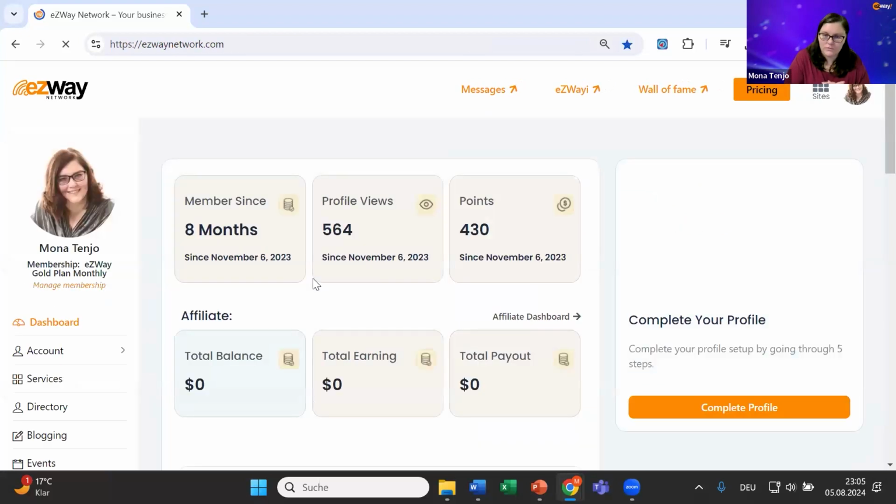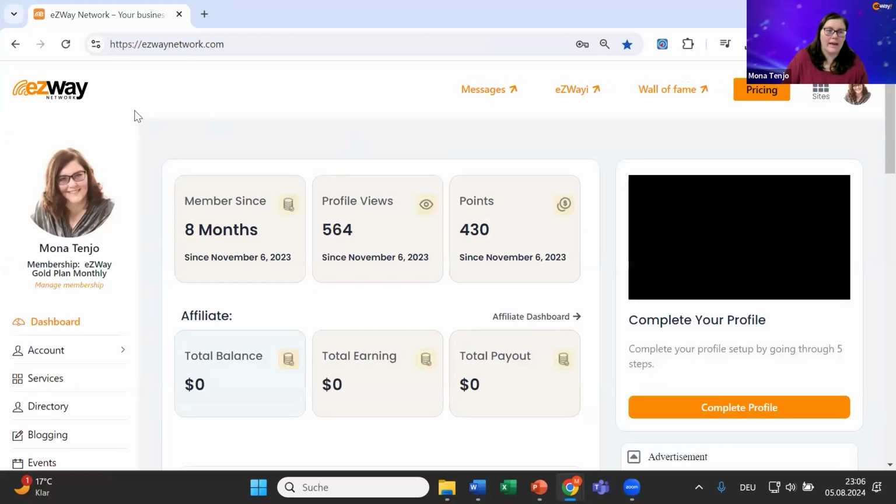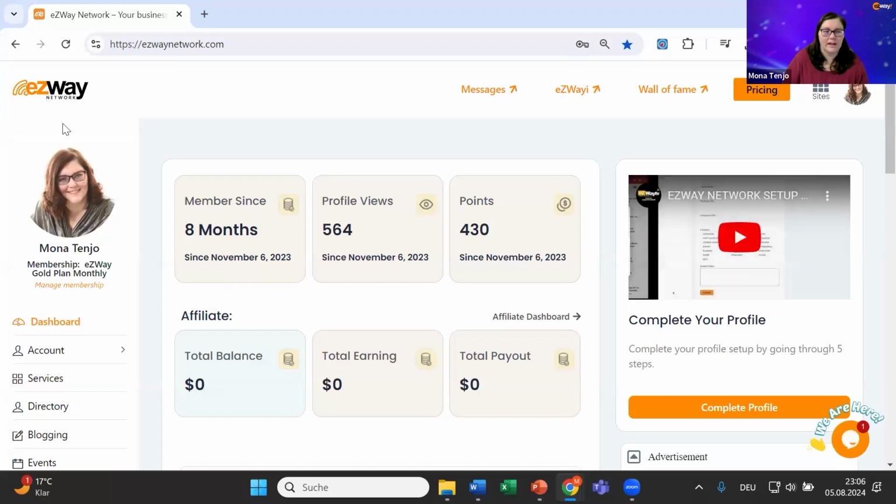Once you are logged in, you always come to your dashboard, okay? Your dashboard serves as an orientation for yourself. On the left side, you have all the different sections that you have. Let me just move this over here. On the left side, you have your entire navigation, your dashboard, your account, all the different sections. And we will go even deeper into each of the sections next week, right? On the right side, you have your profile, so your dashboard, your profile, and you can log out.